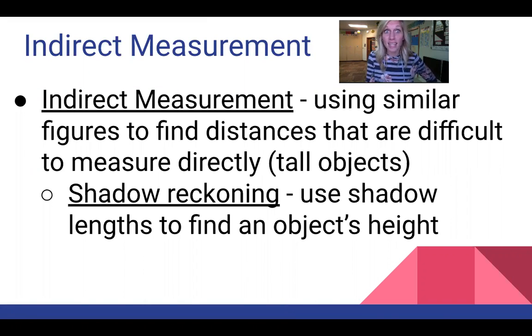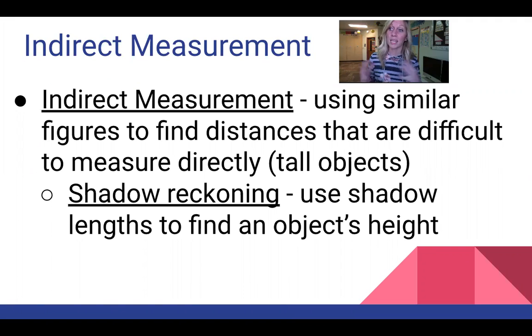We're already halfway done. We are starting one of our last lessons of this chapter, and it's called Indirect Measurement. But it goes along with the last lesson that we did on proportions. So we're going to be using proportions to help us today. So hopefully that assignment went well for you, and you can use what you know from there to help you solve these problems here. Indirect measurement says that we're using similar figures to find distances that are difficult to measure